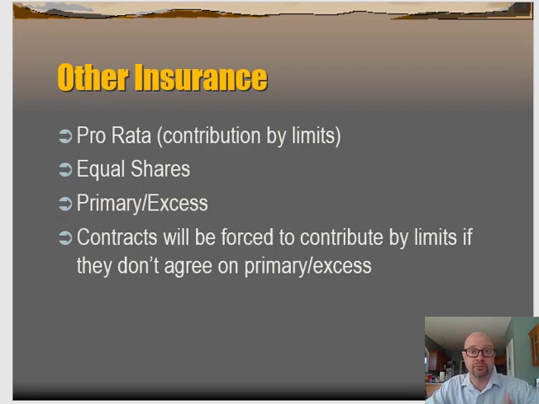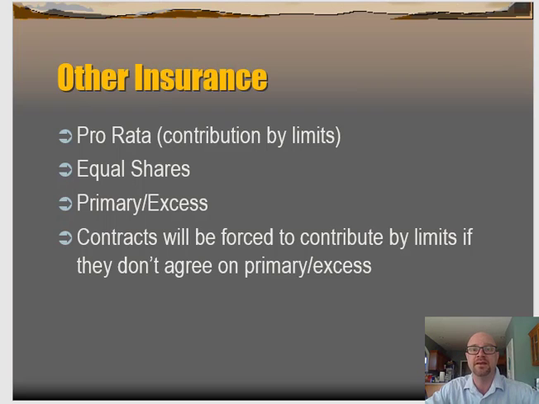And then the third way to do it is a real common way to do it. It's primary excess. And we stipulate in advance which company is the primary company. We use all of their limit first, and we only use the excess limit if we exceed the primary limit of coverage. So company A provides $500,000, company B provides $1 million. Let's say company A is primary and there's a $700,000 loss. Company A is going to exhaust its limit of $500,000. There's $200,000 left. That's what company B has to pay. That's excess. That's primary excess.